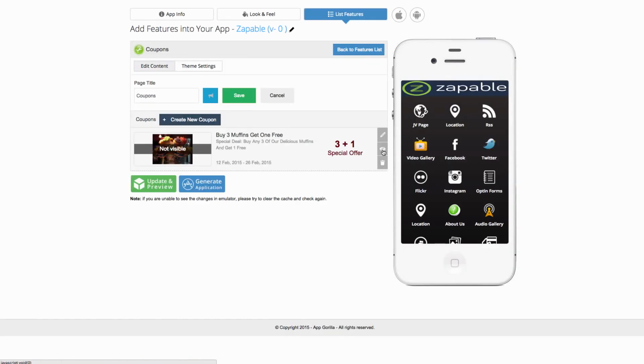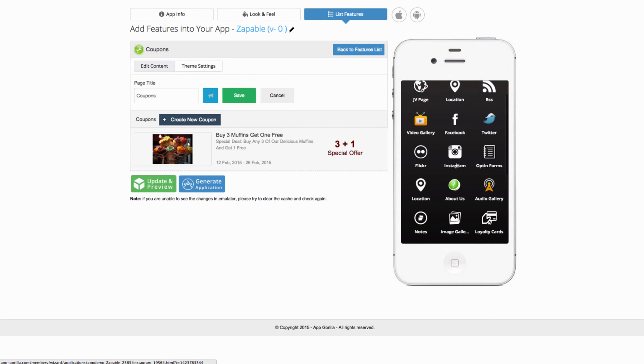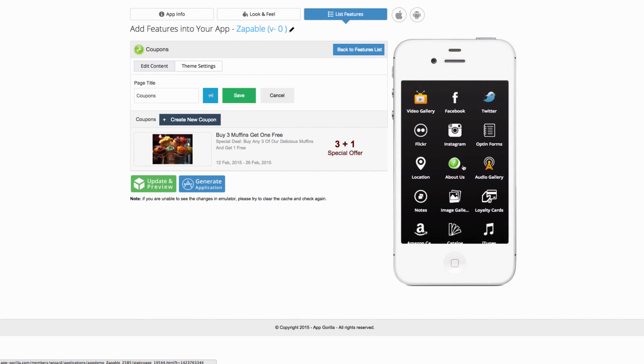So you can hide the coupon, and if I do that, it'll instantly not be visible within the app. Or I can choose to show it, or I can just delete it. If I create a new coupon, it will display automatically within the application. There's no rebuilding your app and then submitting it again for approval. Everything you add in here will automatically display in your app to all your users, and it goes for everything,